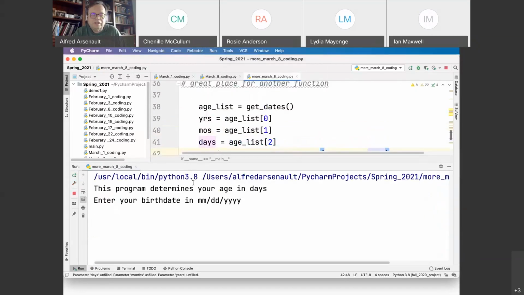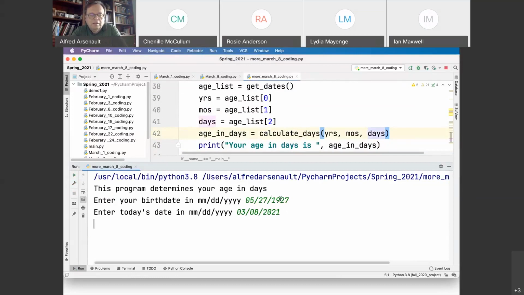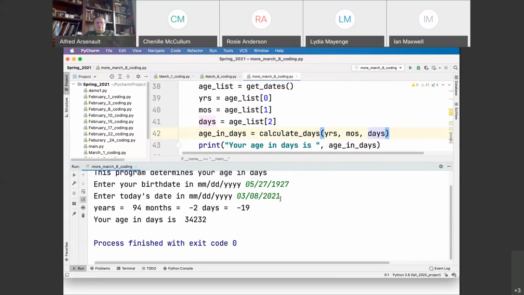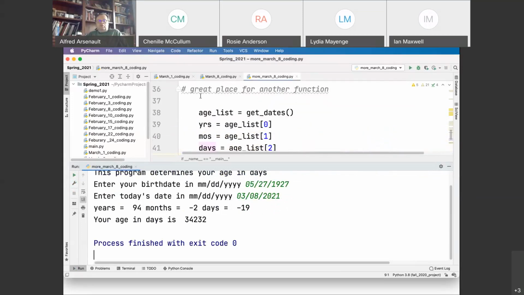And now, what are the odds on this actually running? Once again, 05/27/1927, 03/08/2021. Your age in days is 34,232. So here I have written two functions that say in the main program,